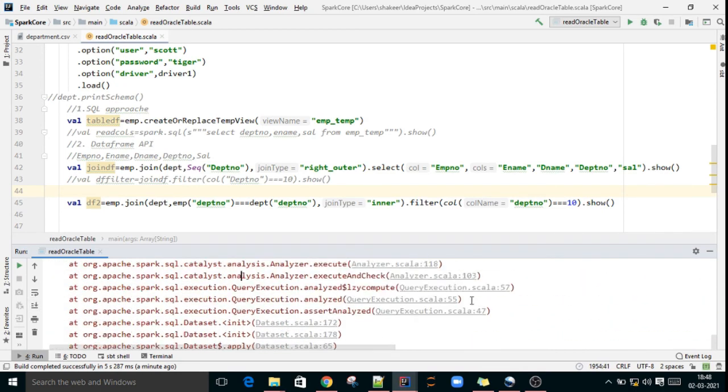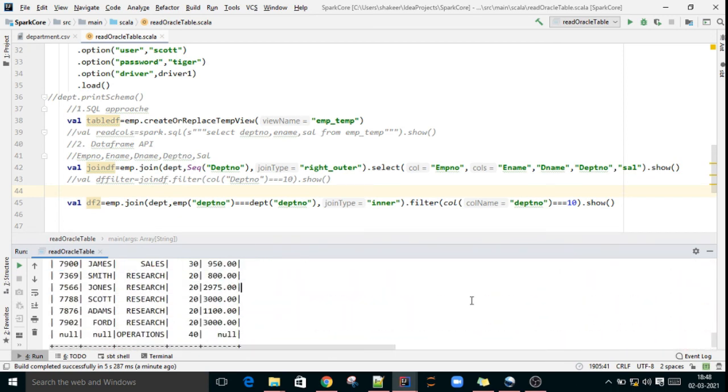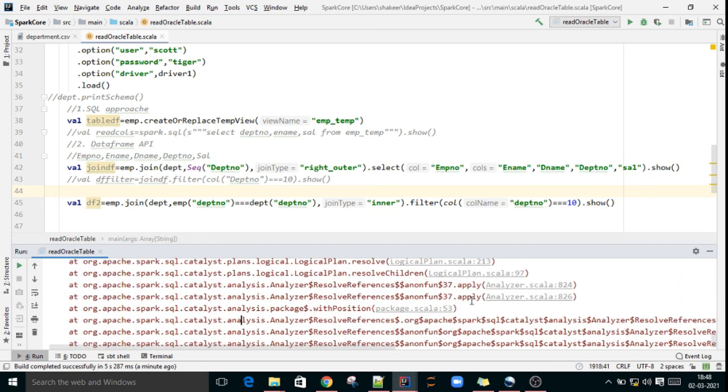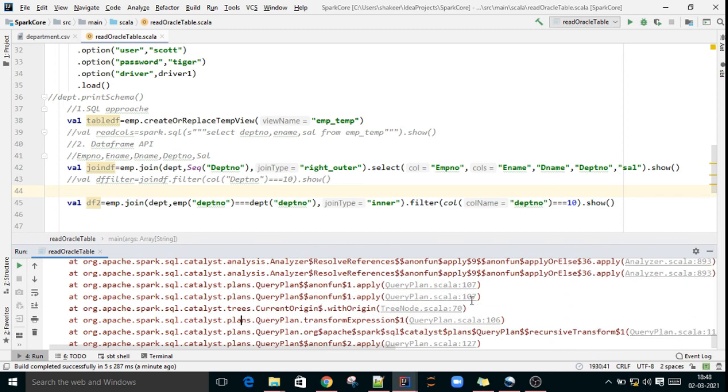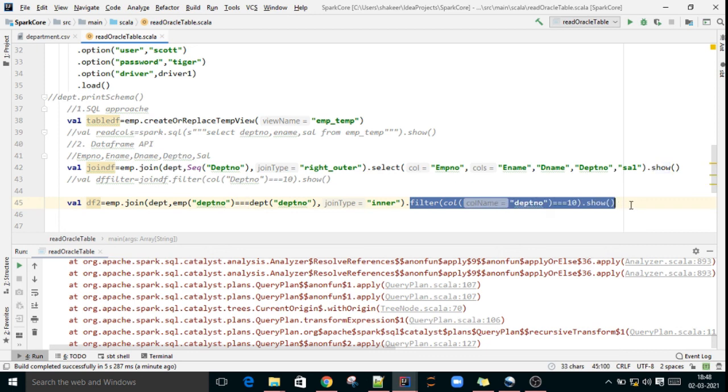Something error came. What is this error? Logical plan cannot resolve. Okay, yeah. So department number will be there two times. That's why it is not considering this condition.